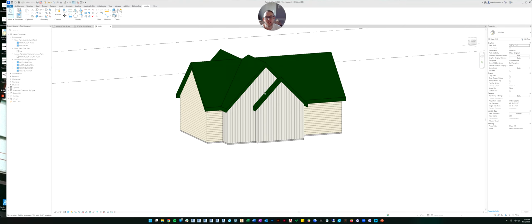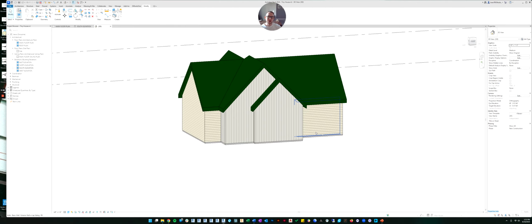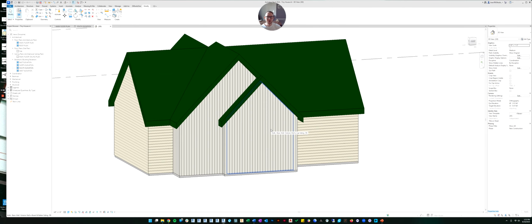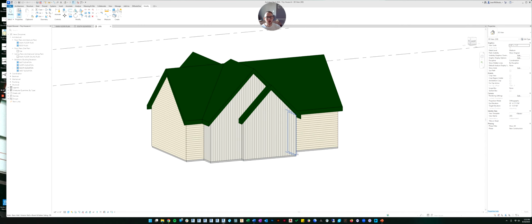All right, for this video, we're going to learn how to customize the floors. So if you know how to customize walls and you know how to make new materials and you know about the layers inside of a system family, this is going to be much easier from here on out. Editing the other system families follow a similar pattern.